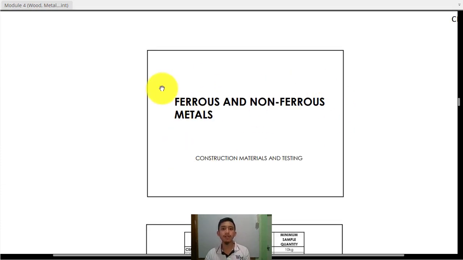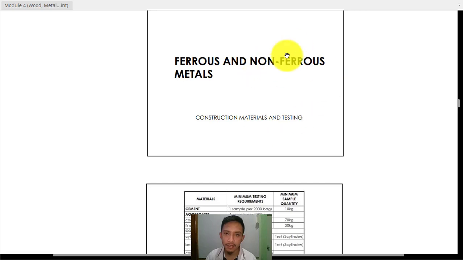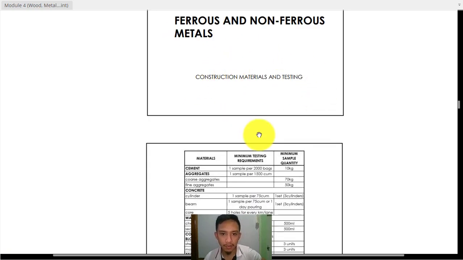And then we will now be going on to metals. The common types of metals that we are using in construction are classified into two: non-ferrous and ferrous metals. If we say ferrous, we are referring to iron. Ferrous metals are metals with iron content, and non-ferrous are metals with no iron content. Actually, the iron content most of the time is what will make our metal stronger. But before we go there,